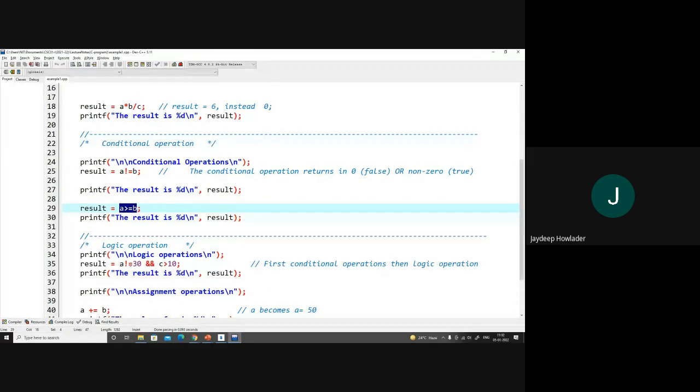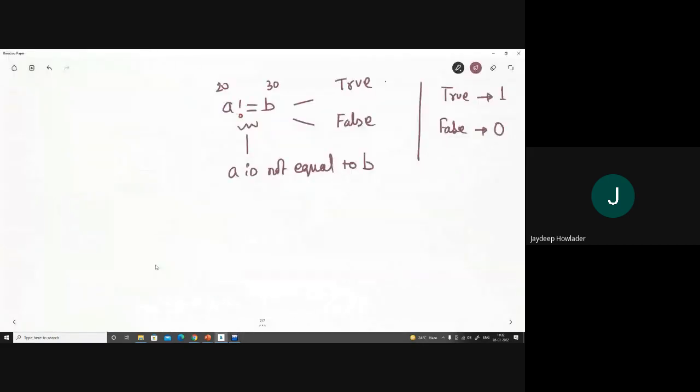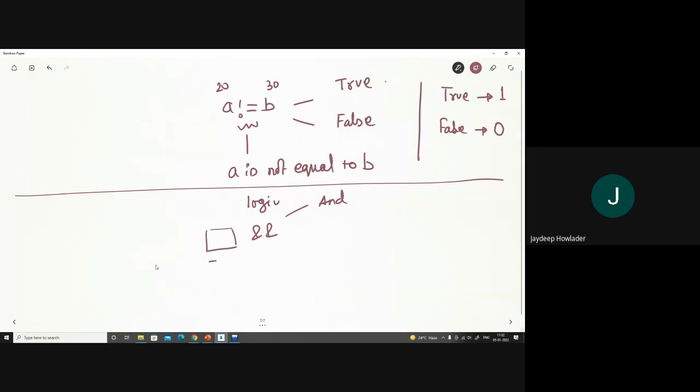So what is the logic operation? Logic operation is this one, the AND and OR cases. So if we take the logic operation, this represents the AND. Its arguments are basically true and false.